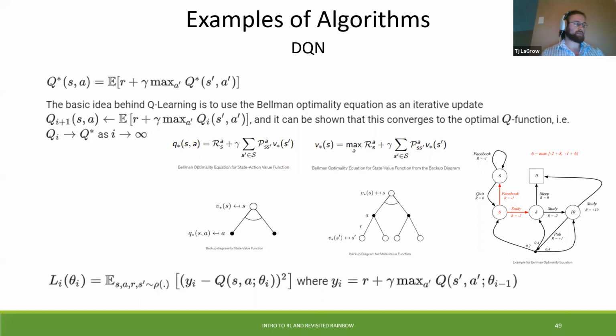Here we have y_i, which is called the temporal difference target, or the TD target, and y_i minus Q is called the TD error. Rho here represents a behavior distribution, the distribution over the transitions S, A, R, and S prime, collected from the environment. Note here that the parameters of theta i are fixed and they're not updating. In practice, we use a snapshot of the network parameters for a few iterations, instead of the last time. And this is called the target network. Q-learning specifically is an off-policy algorithm that learns the greedy policy of the action while using a different behavior policy acting in the environment and collecting data.